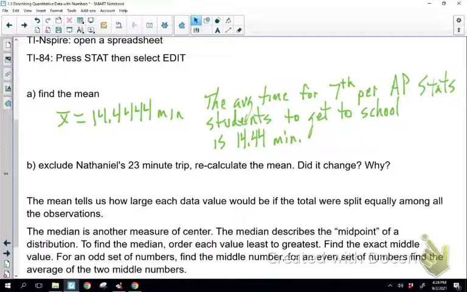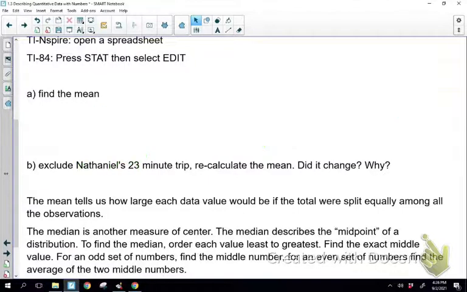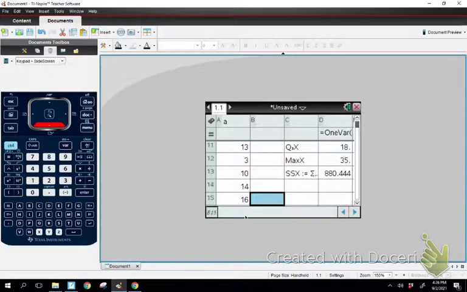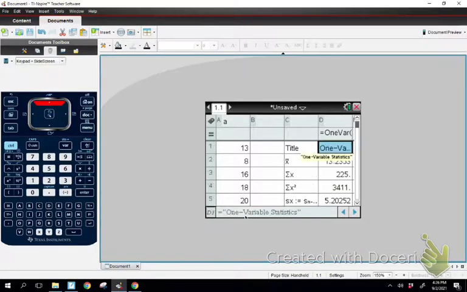Now something that's interesting to look at, let's scribble out, sorry Nathaniel, but we're going to scribble out your time. And we're going to delete, exclude 35. All right, so let me go back to the calculator and literally delete it. If you're holding an 84, you can still delete it, but you're going to have to rerun 1-var stats. So when I delete it, the Inspire automatically corrects, and it dropped a lot smaller. It's down to